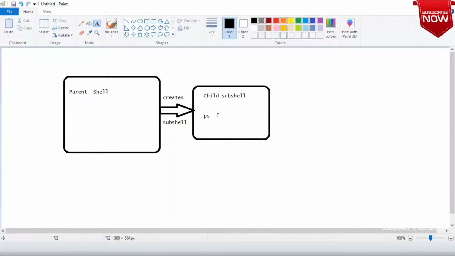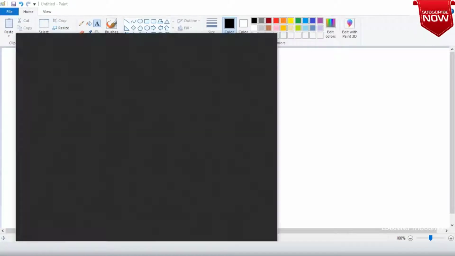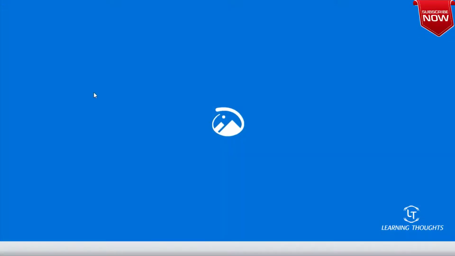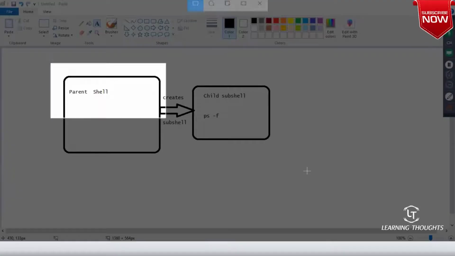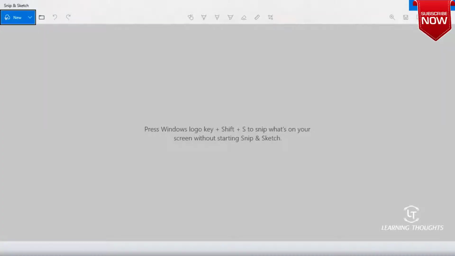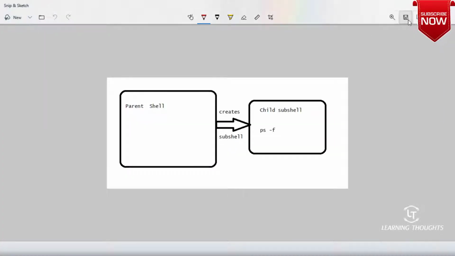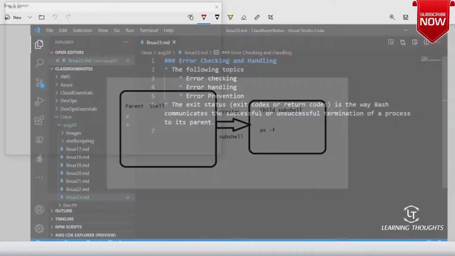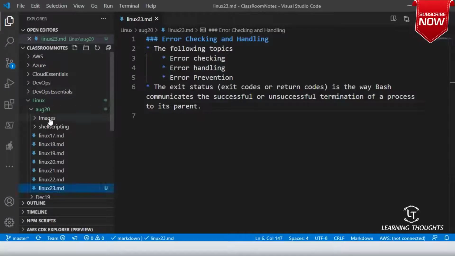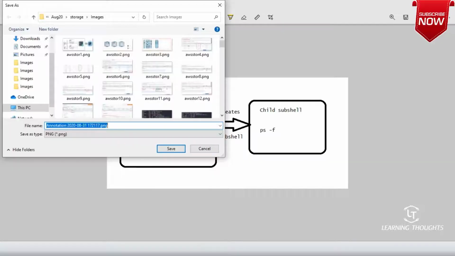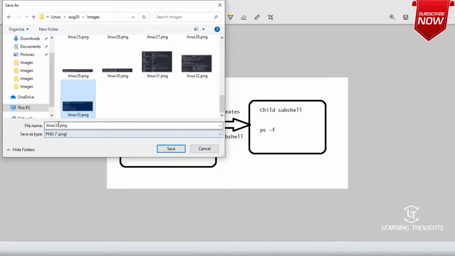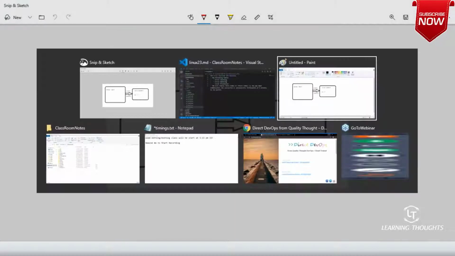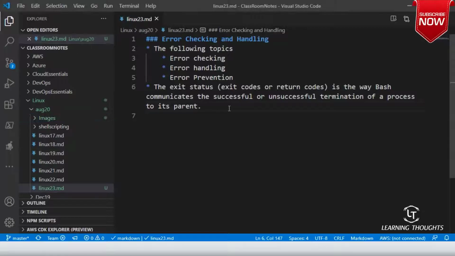Let me try to have a screen capture of this. Whenever you run any command in Linux, the story is the same.